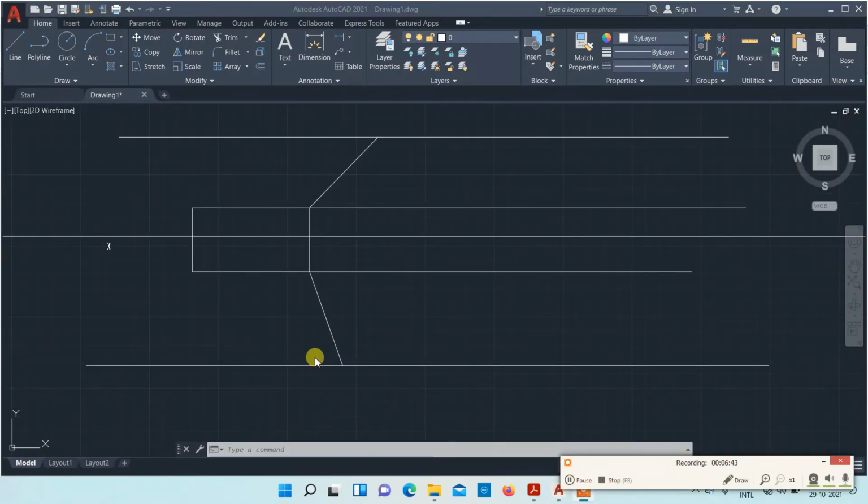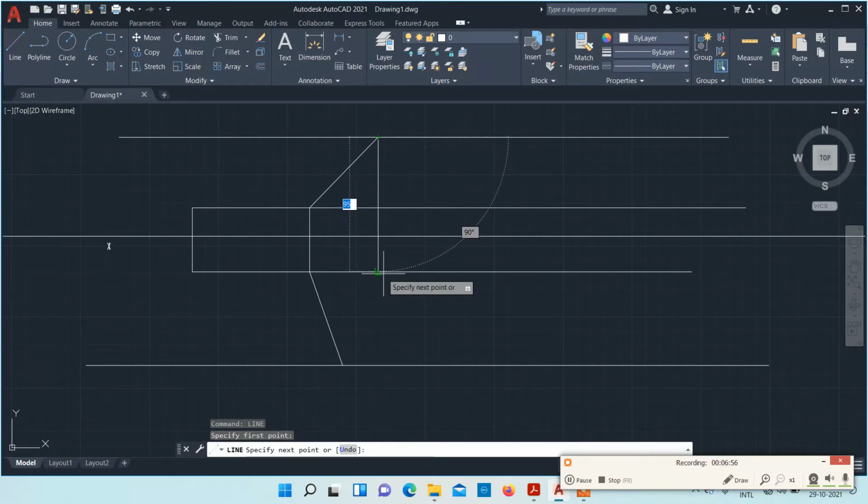Now we have finished drawing the true length. From the true length, we'll try to get the projected length both in top view and front view. So for that, use line command. Extend this endpoint up to this locus. Okay, then with this point as center and this distance as radius,